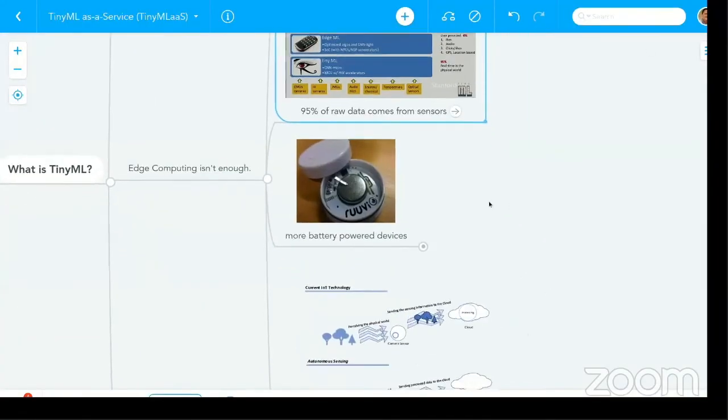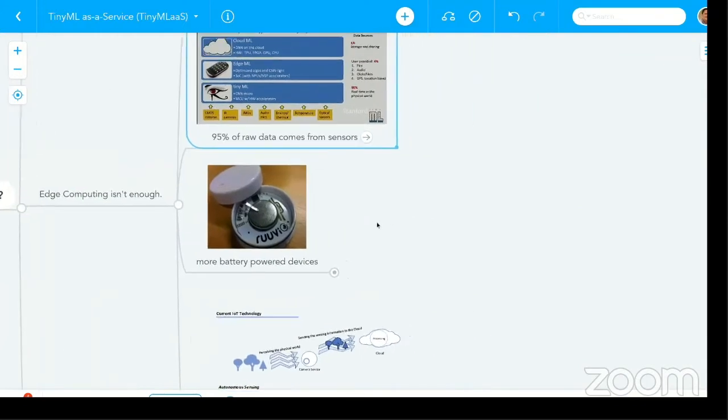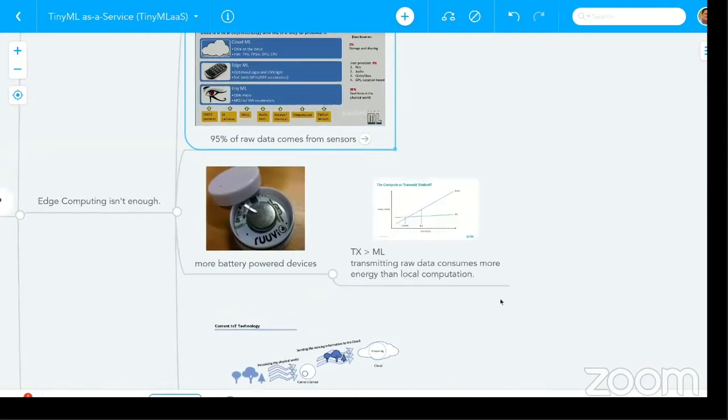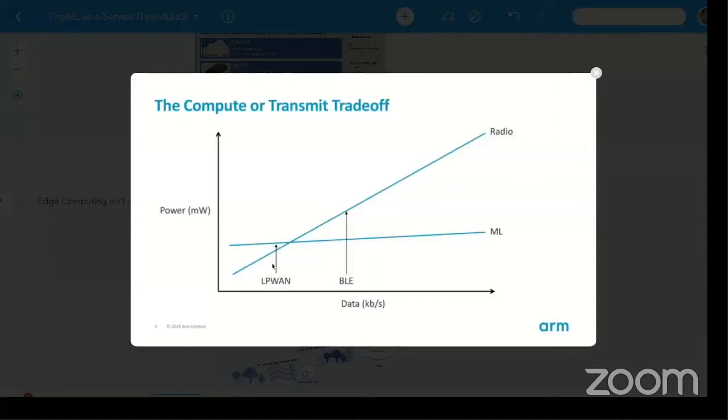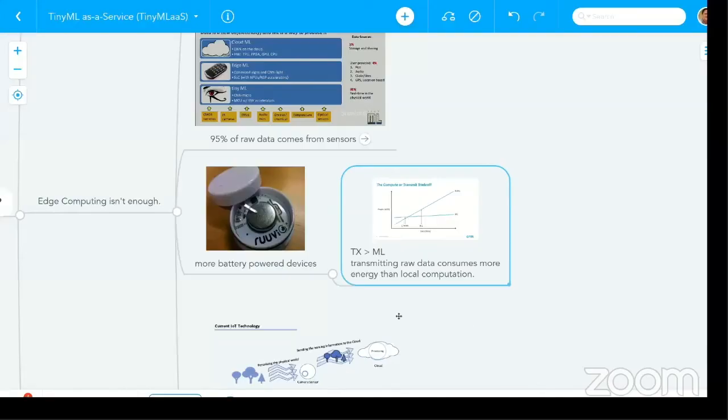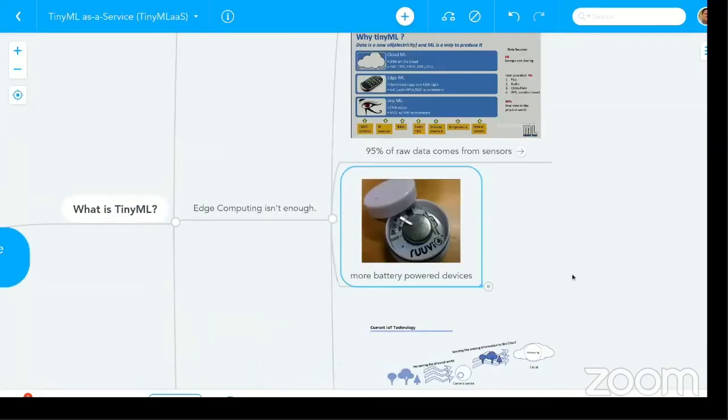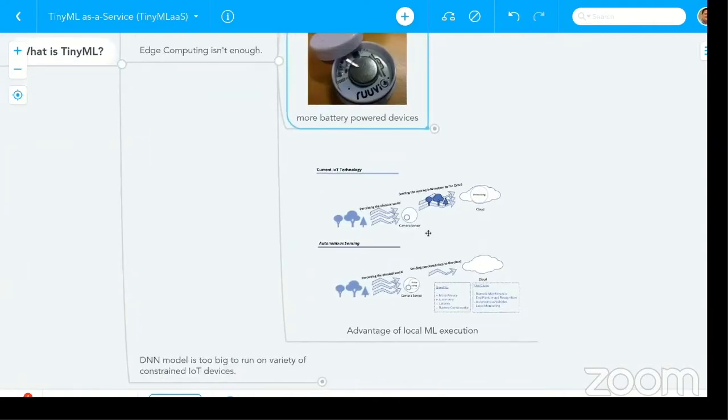And also, sensor devices can be battery powered. So battery consumption is a problem. As you see here, transmitting data consumes more energy than computing in place. So it's better not to send raw data, but to process it in place locally. And the advantage of